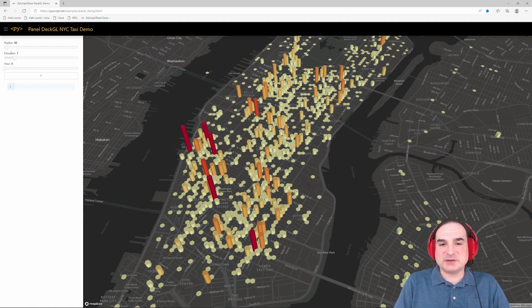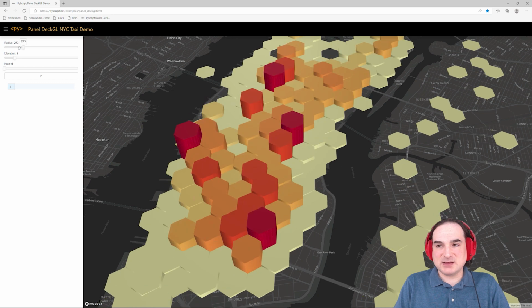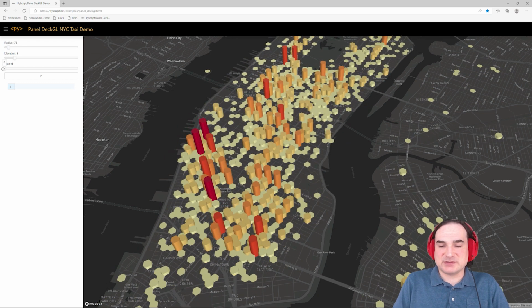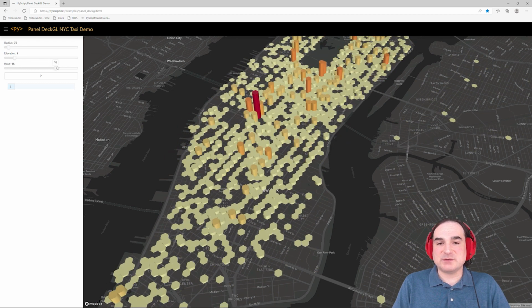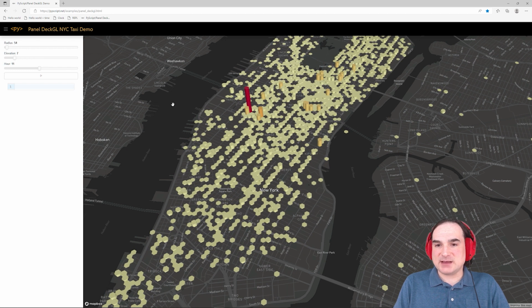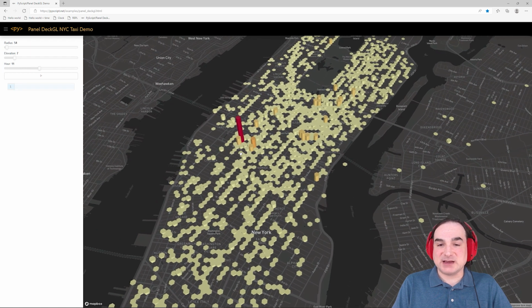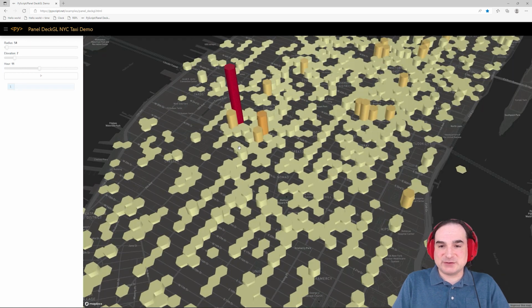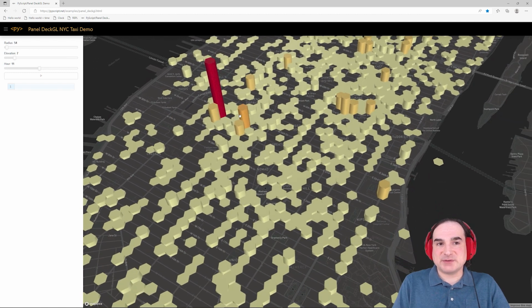And we can use these controls here to modify various parameters of the presentation, which hour of the data to use, what the visualization looks like, and so on and so forth. But all of the actual crunching of the data is handled on the Python side. Again, Python running in the browser as WebAssembly. The presentation side of things is handled with JavaScript and the DeckGL library. So there is a two-way interaction between the JavaScript side in the browser and the Python side in the browser.